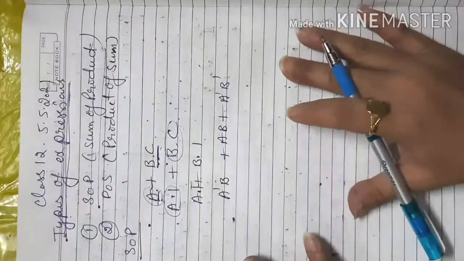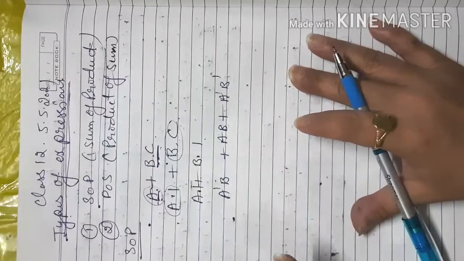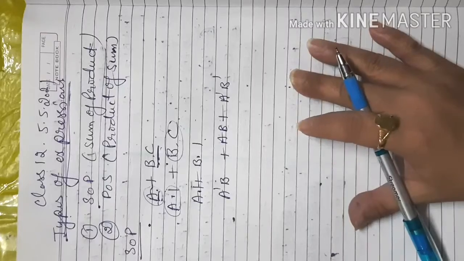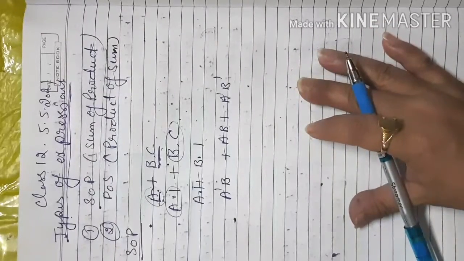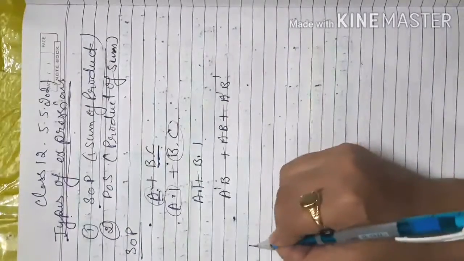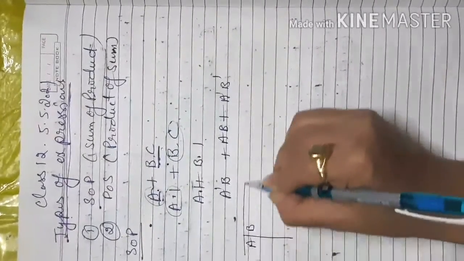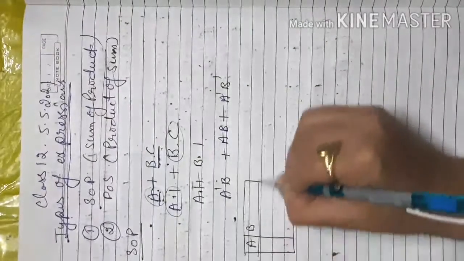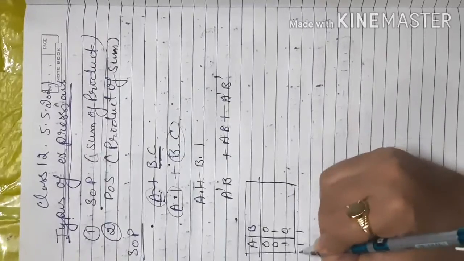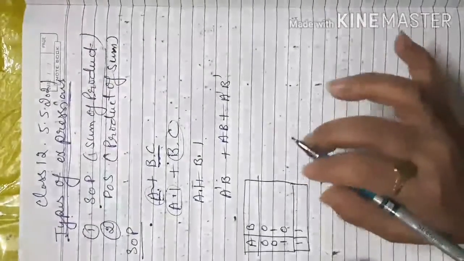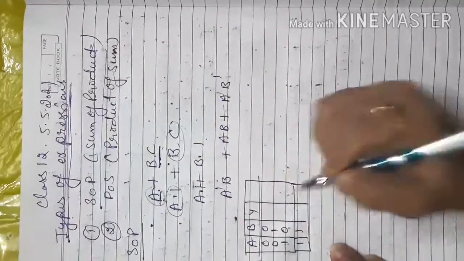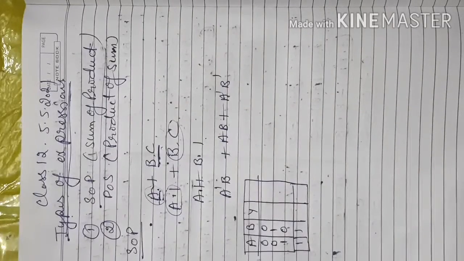In binary numbers you very well know that complement is the opposite of that input. So it will be considered in only two forms, either 0 or 1. Suppose I have the inputs like this, A and B, giving rows 0, 1, 2 and 3. If my input is like that, this will be my output.